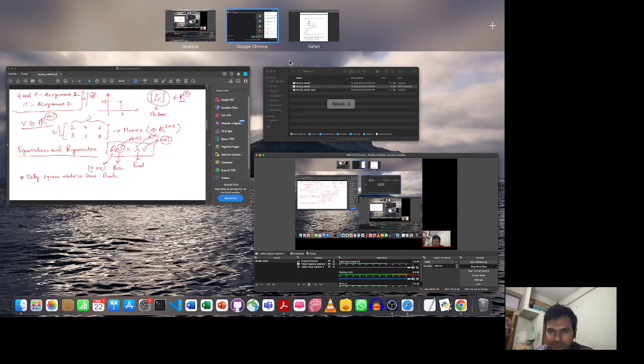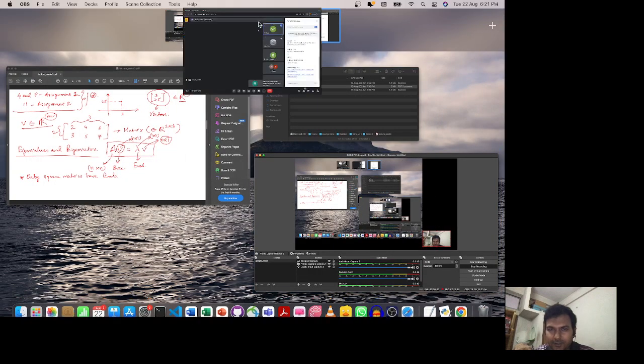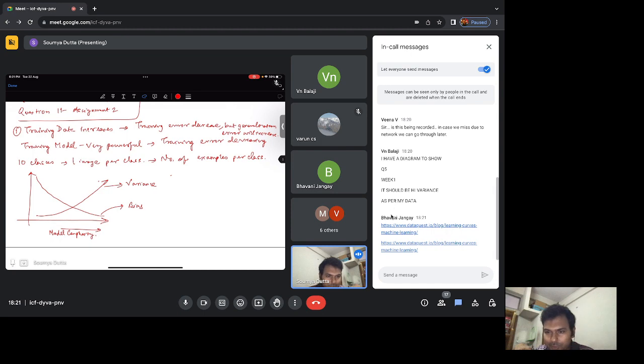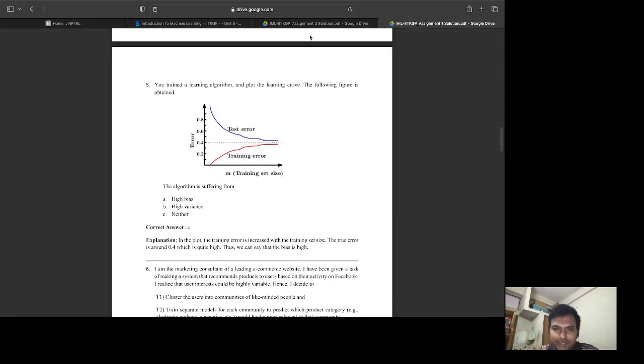So I have a diagram to share with you, but I cannot share the diagram. How to share a diagram? I don't know here. Because I have that diagram with me here, for example, for this particular case,